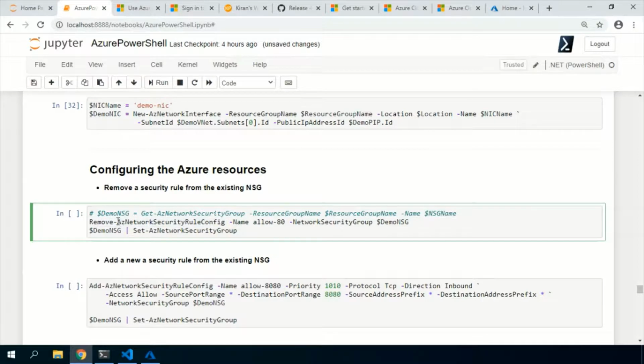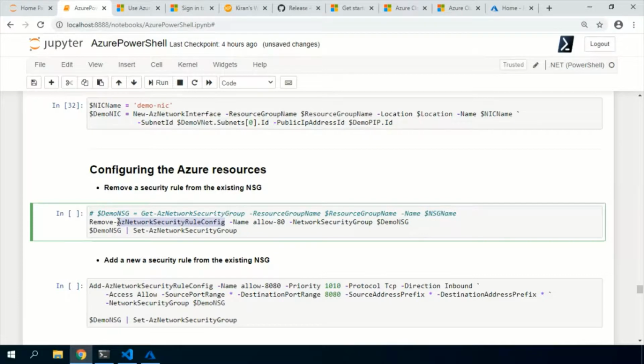The other thing you need to understand is that once you identify any cmdlet, for example adding a network security rule config, that noun will have cmdlets to create a new one, get the configuration, remove, and so on.